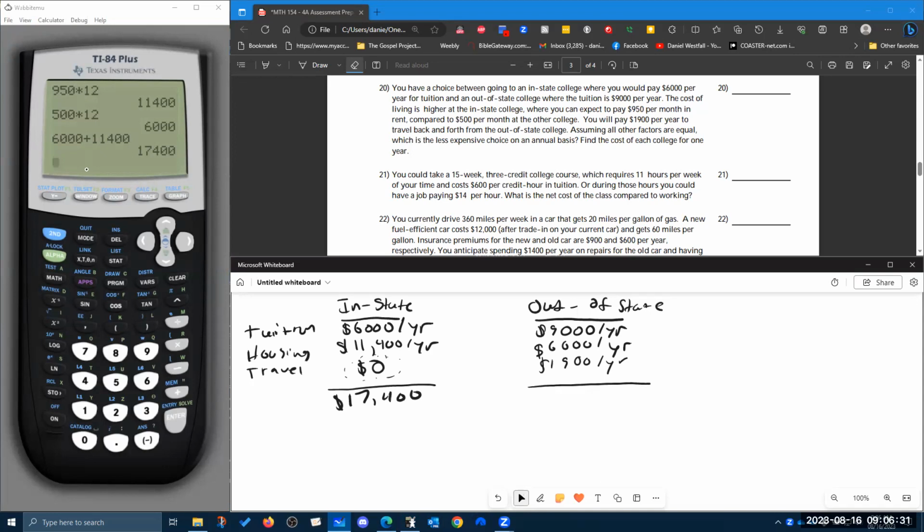And if we take 9,000 plus 6,000 plus 1,900, we get $16,900 here. So with all these assumptions that we've made in this case, with the knowledge that we have, it is cheaper by about $500 a year to go out of state